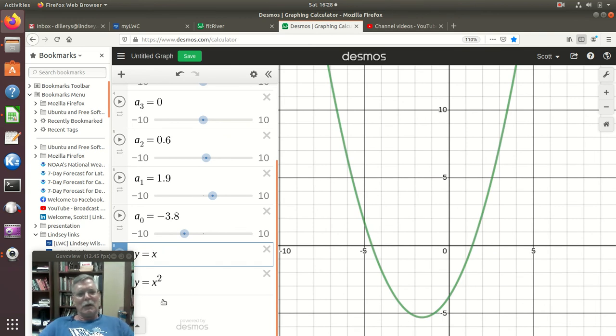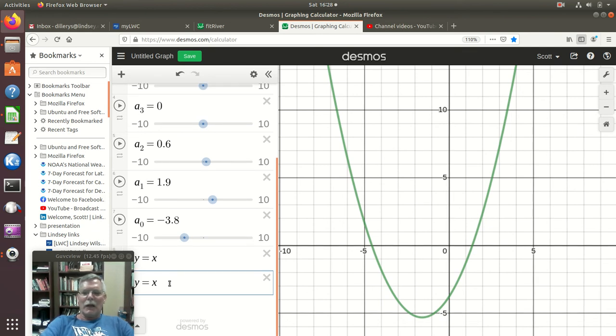So I'm sort of starting with x squared, but the idea is I could factor this thing, and I don't know what it factors into. I could pick some numbers so I would know what it factors into, but let's just look at, if I take something like x plus 1 times x minus 1,